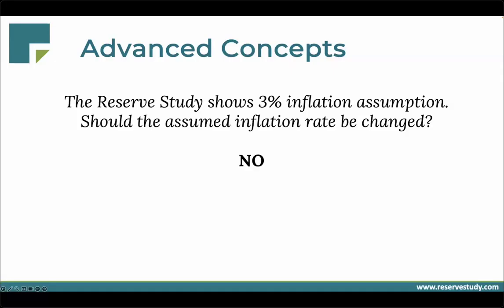So we had to kind of explain to clients, well, no, we can't do that. Because for every 1 point increase in inflation, in order to make up for that 1 point increase, your reserve transfer rate would then need to be increased currently by 22% to achieve the same objective. So if we were to increase the inflation rate from 3% to 4%, you would then need to change your contributions or your transfer rates by 22%, increase them by 22%.